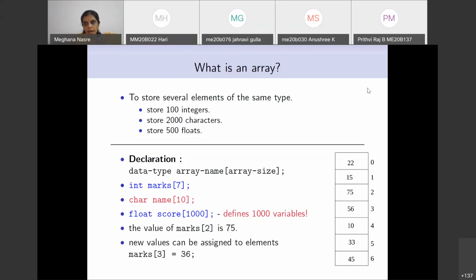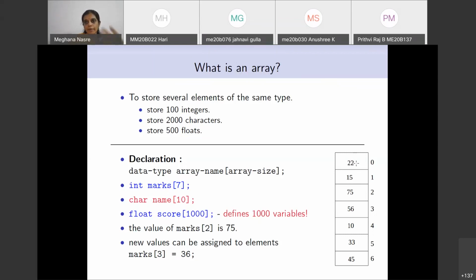So this is how the picture in memory looks, on the right hand side. This is for the first declaration that I gave, integer marks, an array of size 7. Whenever you have arrays in C, the indexing of the array starts with 0, and you will have the first integer stored at what we will call the 0th index, which contains 22.